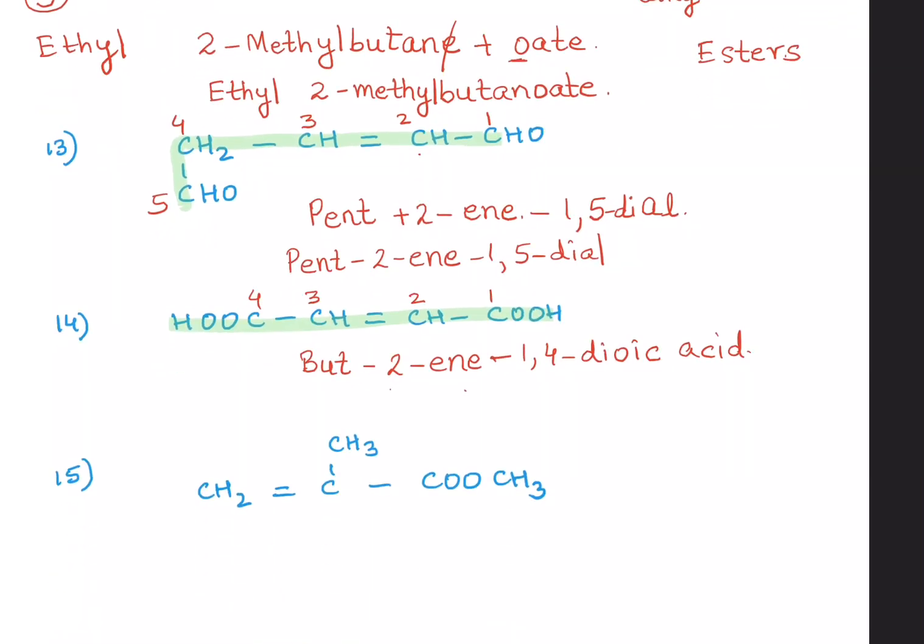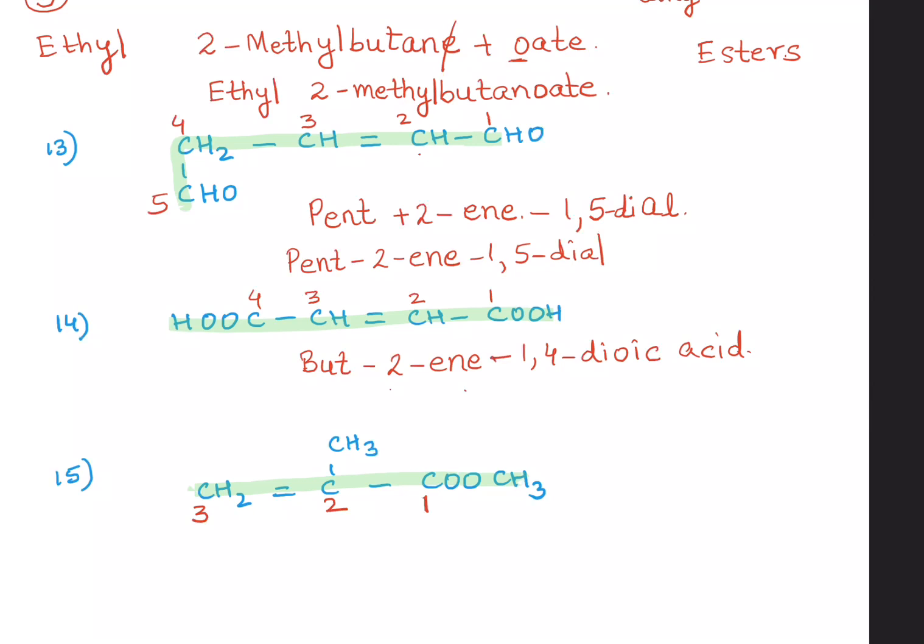Question number 15. Come on, highlight the main chain. So what do we have over here? Yes, of course, this is the chain which includes the maximum number of substituents, functional group, as well as the multiple bond. Number it. Are we going to number this carbon? Remember, this is an ester as the functional group. No, we are not going to. So how are we going to start numbering? 1, 2 and 3. The functional group gets preference.